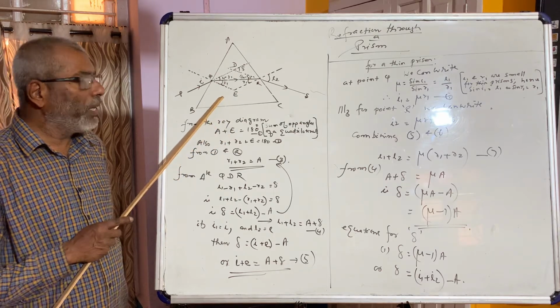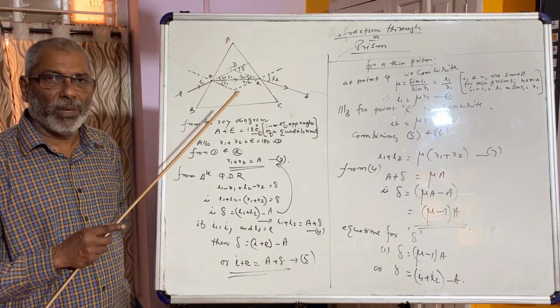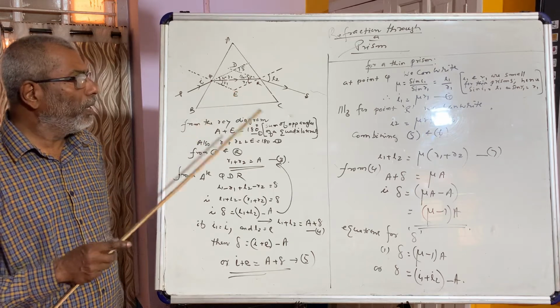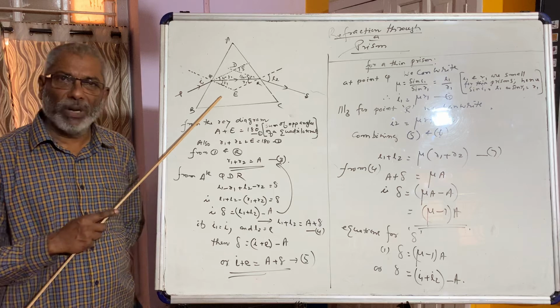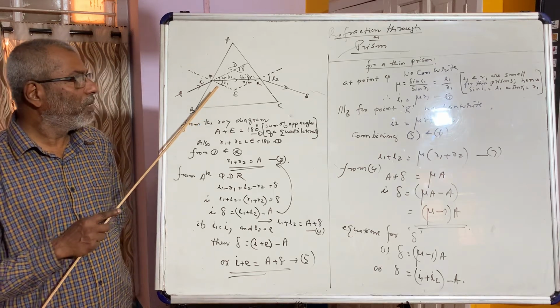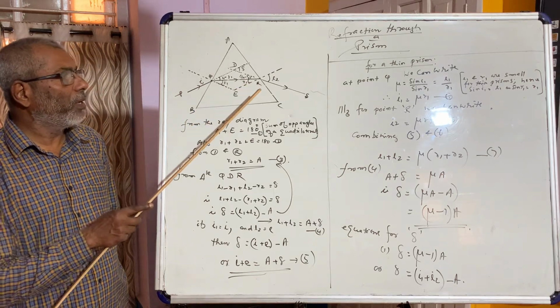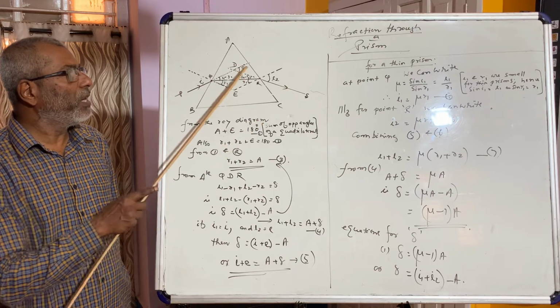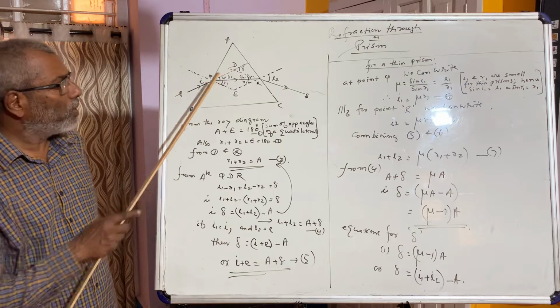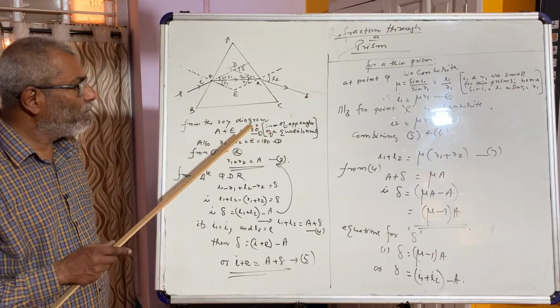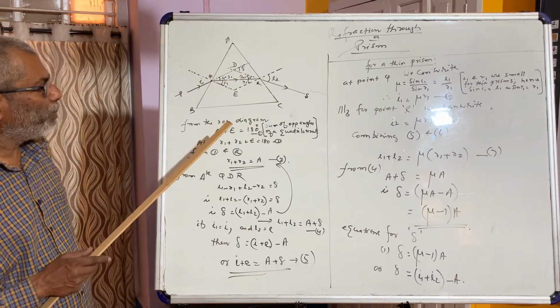Through a glass slab, when light passes, the emergent ray is undeviated. But in the case of a prism, when refraction takes place, the refracted ray, that is the emergent ray, is deviated by a small angle delta. This angle is called the angle of deviation. This difference you always have to remember.